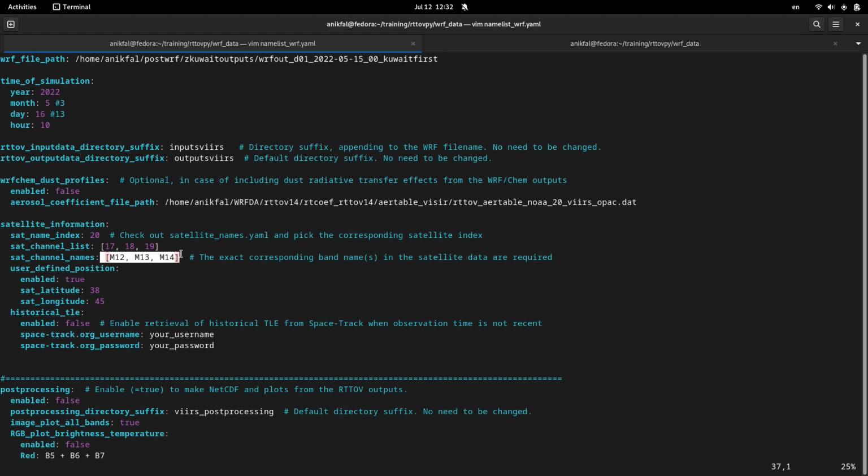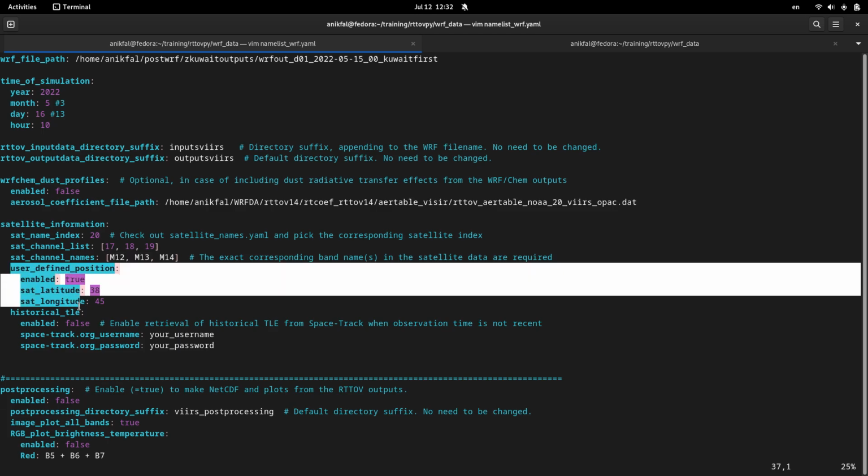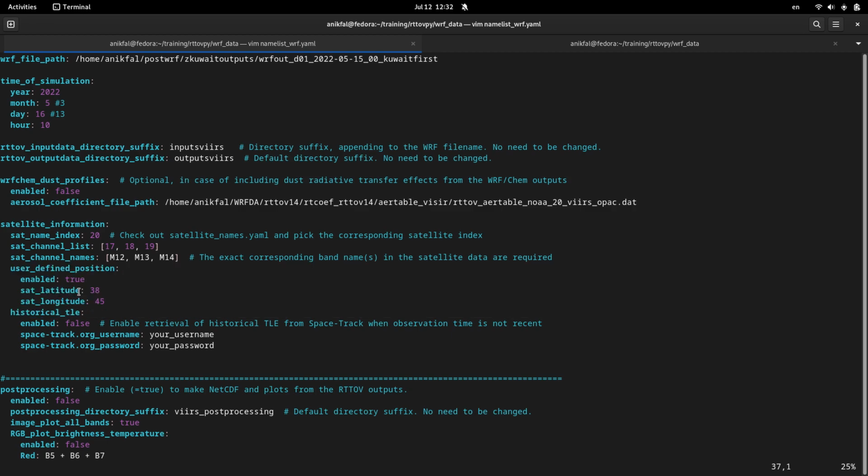So for this information you need to check the real satellite data, the real VIIRS satellite data. This is the user defined position. We set position for the latitude 38 and for the longitude 45,